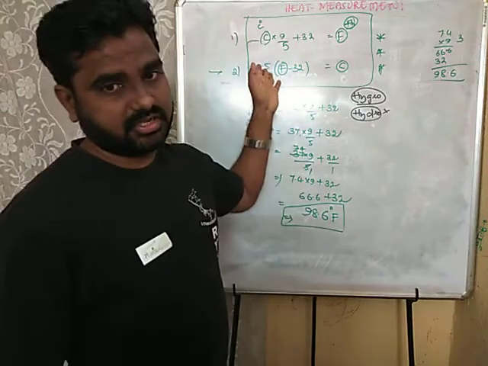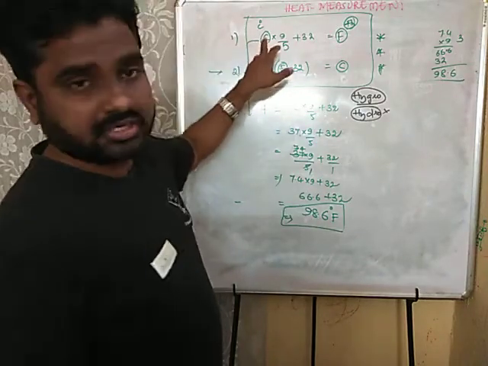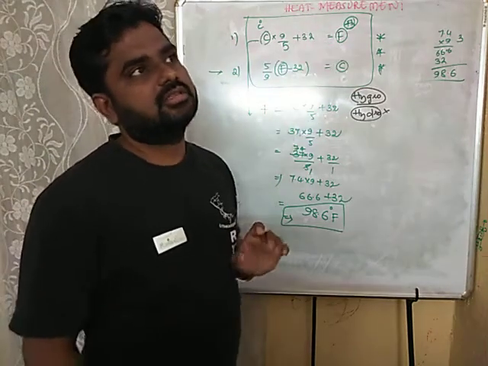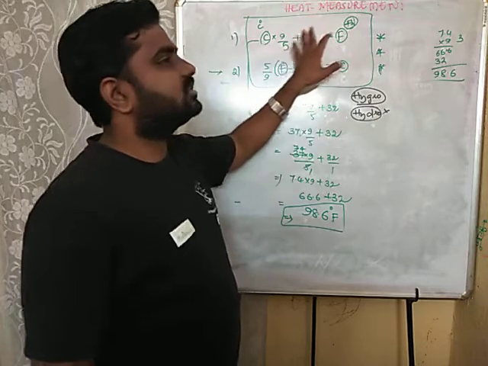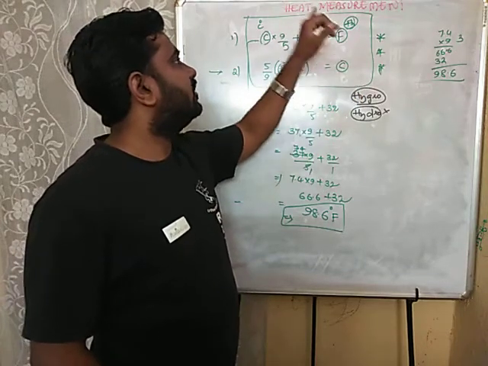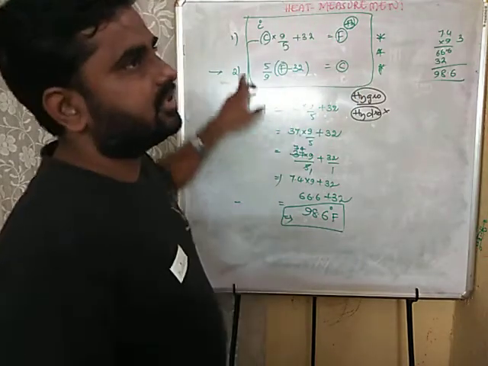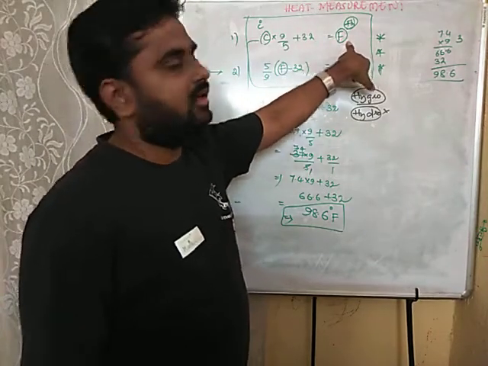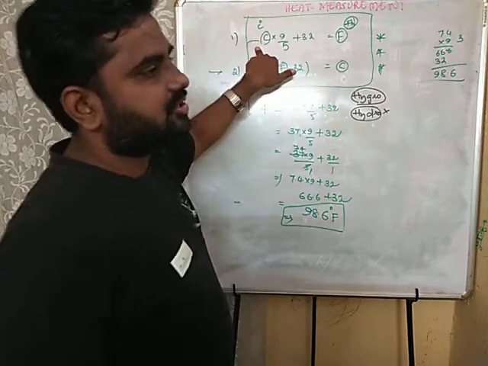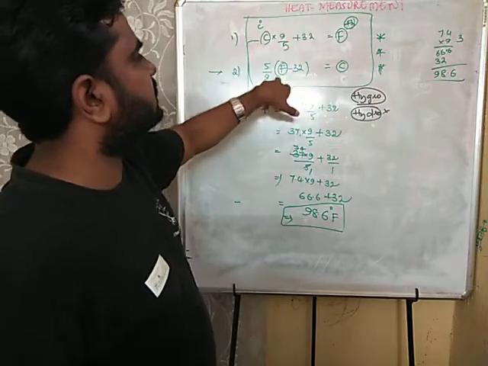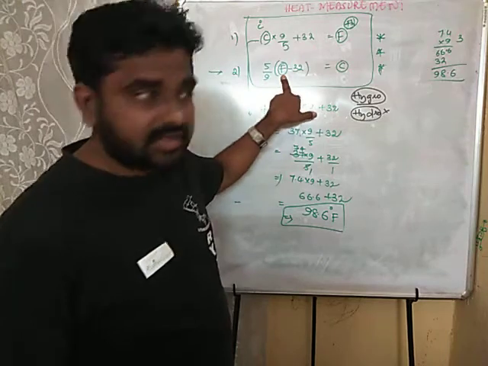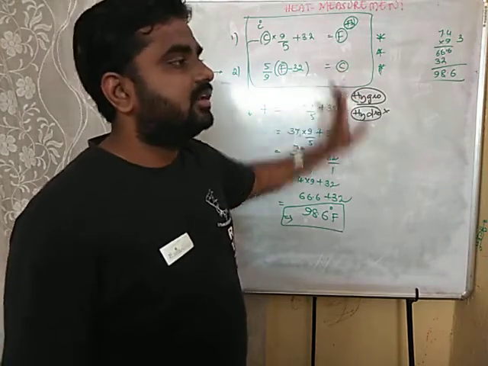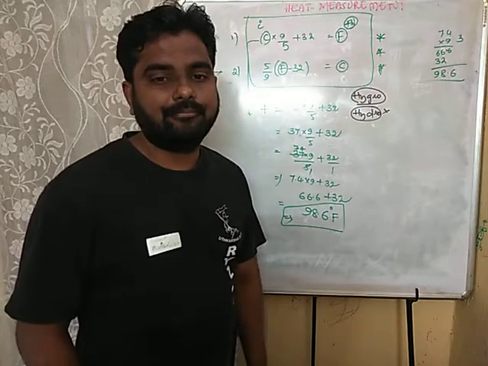And one more last important topic. Of course, this is a GK topic for general knowledge sake: how the conversion of temperatures can be from degree Celsius to Fahrenheit and Fahrenheit to degree Celsius. Please make a note of these two formulas. For finding the Fahrenheit scale, you have to use this formula: C into 9 by 5 plus 32. Whereas if the value is given in Fahrenheit, then 5 by 9 into F minus 32 is equal to degree Celsius. Is it okay?